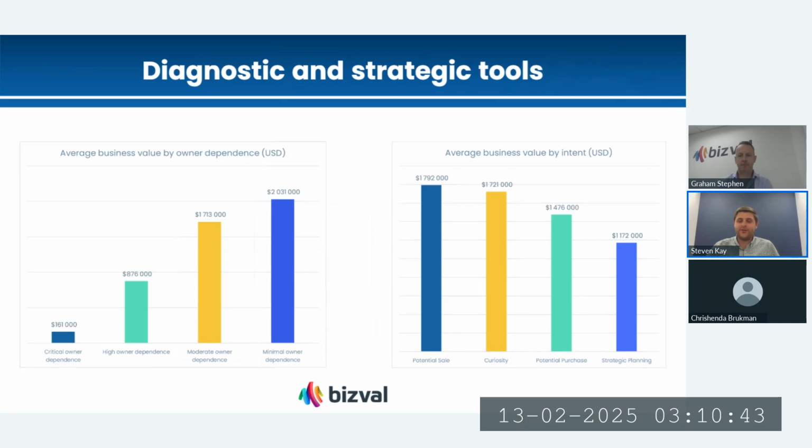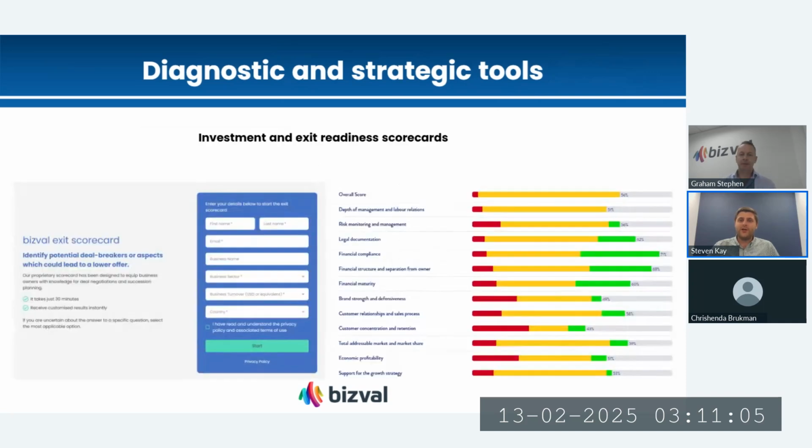And then you can see the clear steps as we move to the right. As soon as we go to high owner dependence, but not quite as critical, we jump to 880, give or take. That then increases to 1.7 and up to 2 million on an average basis for a business where the owner's not at all reliant. It can operate completely without them, and they're just there for strategic input. So that's just one input. But the nice thing is, you'll see when we get to the next section, we can actually see what difference that makes to the valuation upfront, and that's a really useful tool.